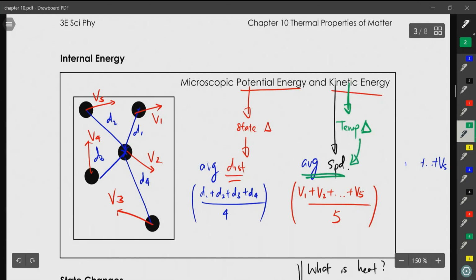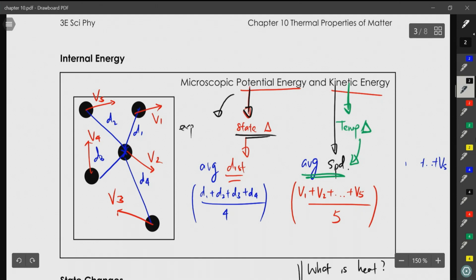We are going to talk about how particles react when the kinetic energy goes up or down. Is it moving faster? Is it moving slower? Second thing we want to talk about is potential energy. Potential energy usually links with state change, but take note,